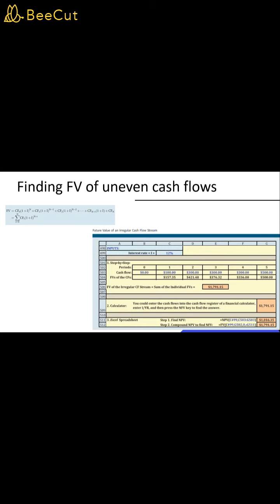So that would be a negative, and you have to add a negative value in front of it. So again, you are using various functionalities in Excel to calculate uneven cash flows. So again, you could calculate the present value of uneven cash flows and the future value of uneven cash flows